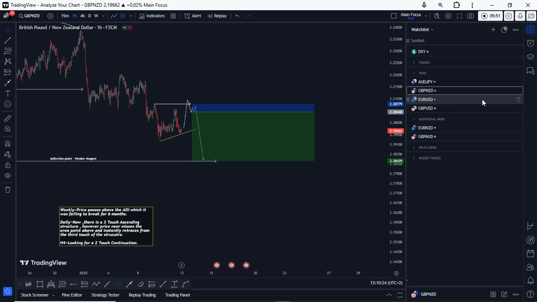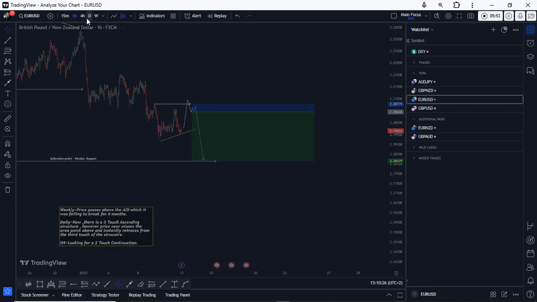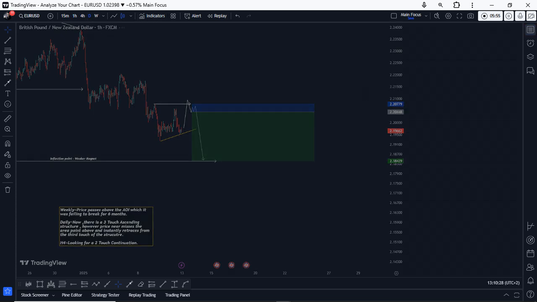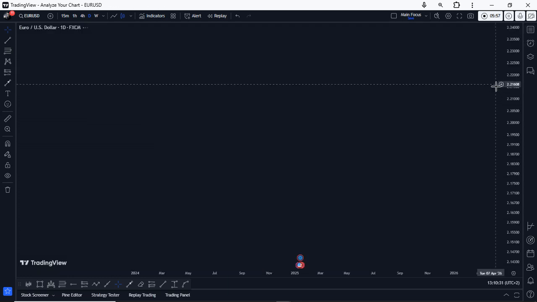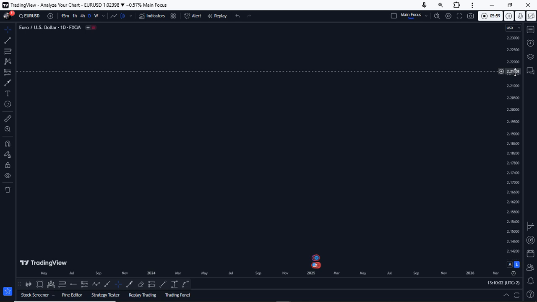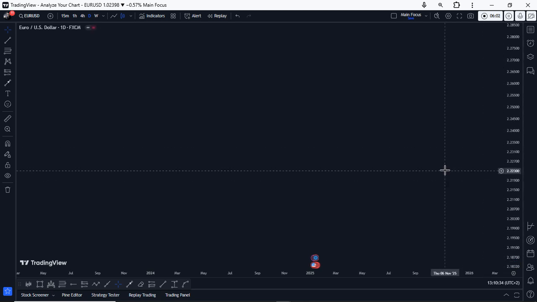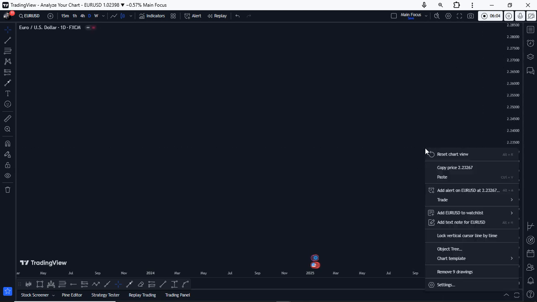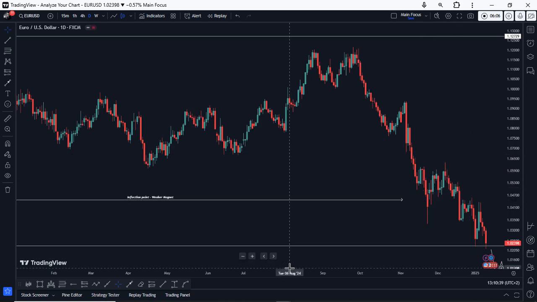Okay, I move on to the third pair, which is euro dollar. On euro dollar, nothing complicated. Euro dollar has been moving very bearish. It's been moving strongly bearish. Okay, on euro dollar,